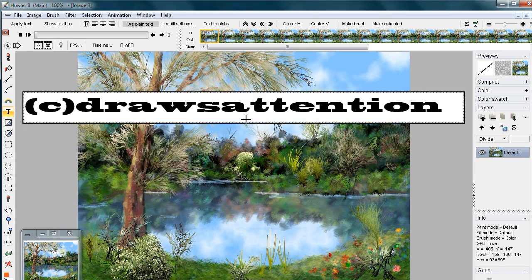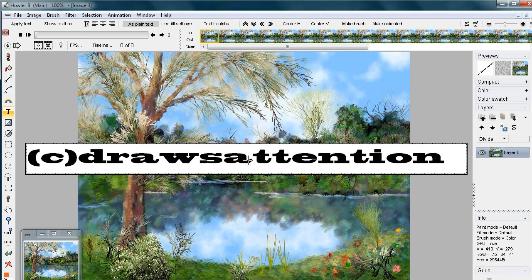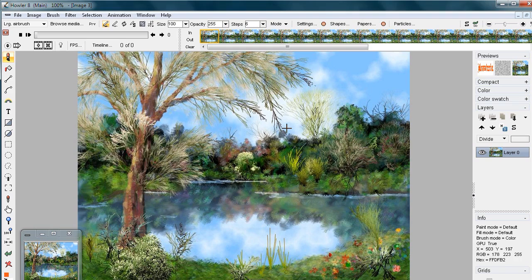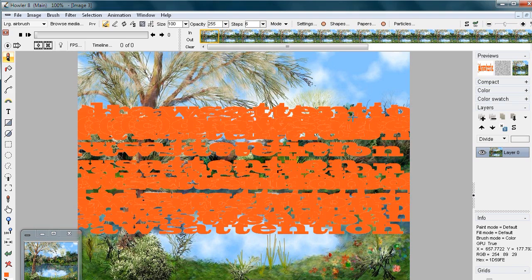What we'll do is we won't stamp it right into this image. Instead we'll take this text and convert it to a brush. So there's an option here when you are in the text tool. There is an option in the context menu bar here called Make Brush. Let's click on that. And so now it's a custom brush, and if I paint it, you can see it